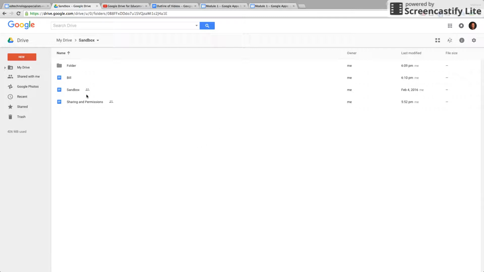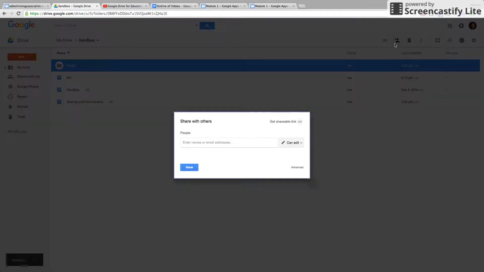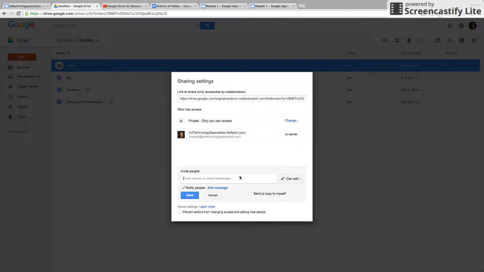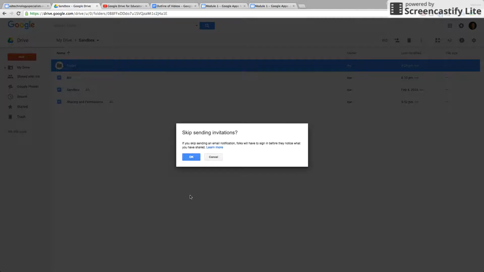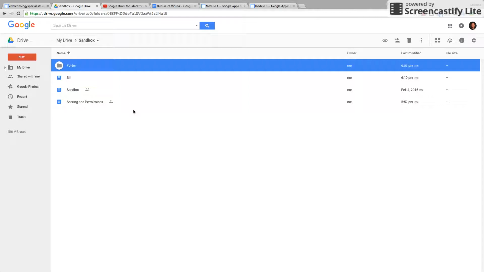So let me show you how that works. Here we have a folder. It's not shared. You can tell right away because there's no icon on it. If I want to share it though, I click the sharing button, add someone's name to it. I'm going to put Can View because I don't want anything in this folder to be changed. I just want my coworker to view what's in the folder. Okay? So now that I did that,